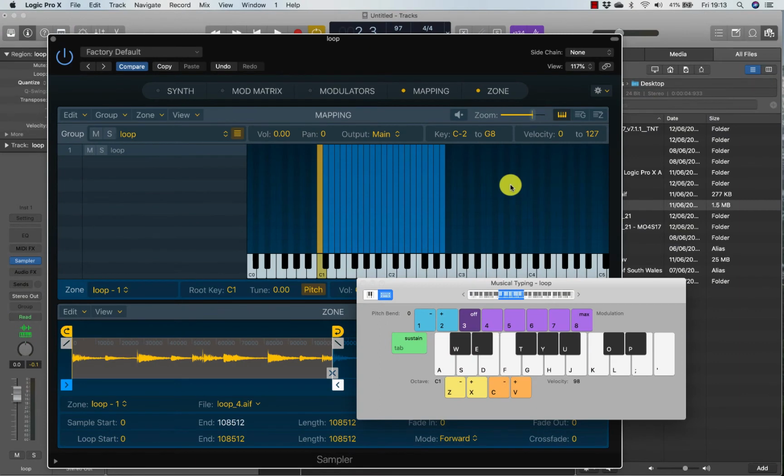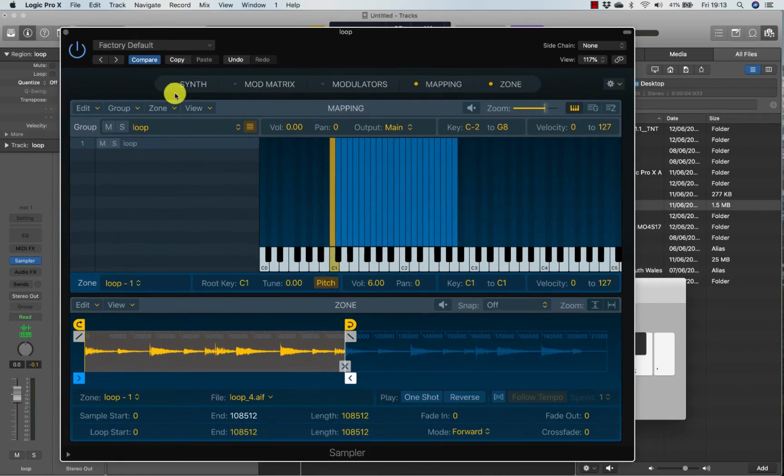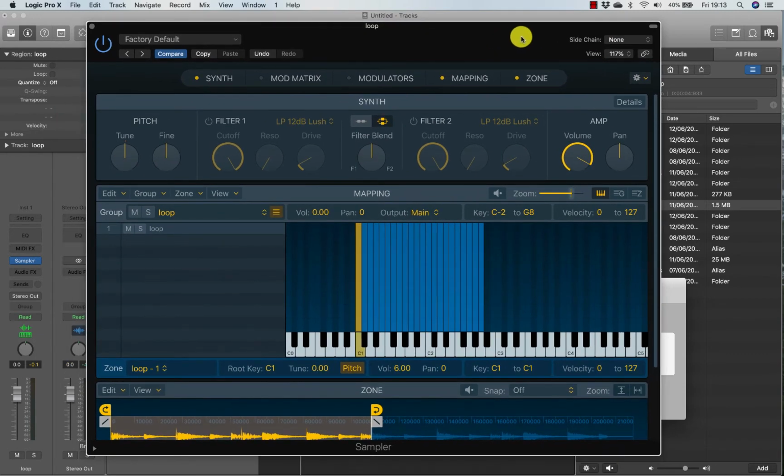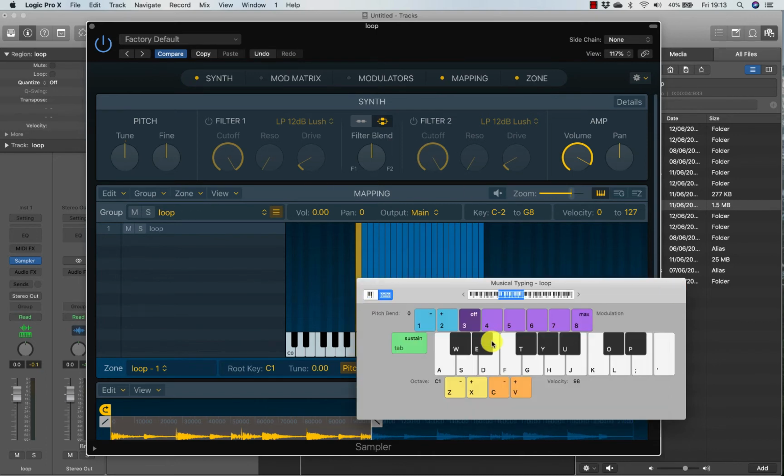Now let's have a look at some of the filtering capabilities in the sampler. And we start off by turning on synth, and we bring up this window here. So for those of you who haven't already watched it, I would advise you to watch my video on synthesis with the ES2 synthesizer, and that would really help you to understand some of what's going on here. Basically we have pitch,